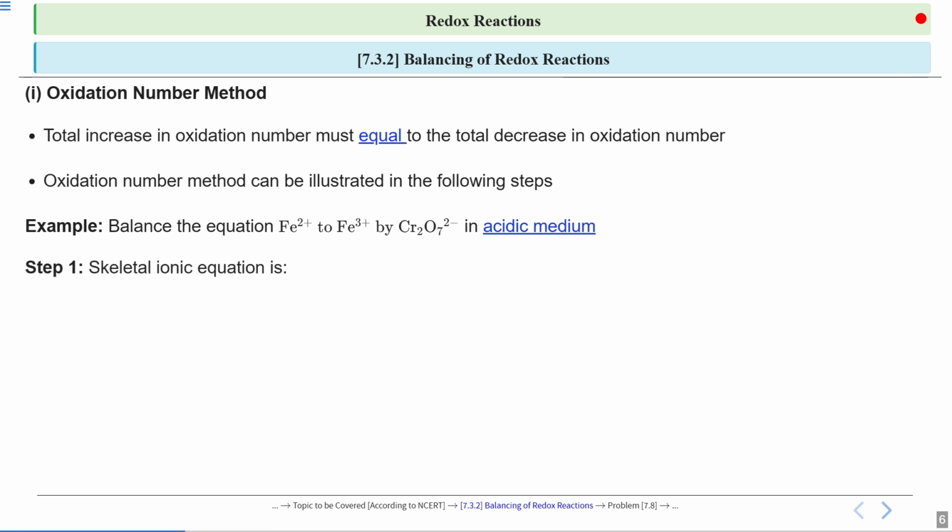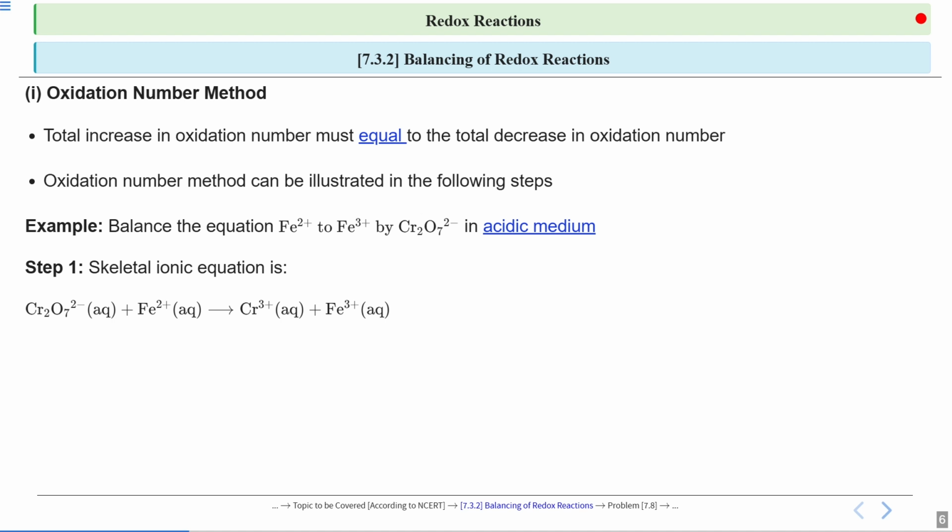Step 1 is the skeletal ionic equation. If we write the skeletal ionic equation for the reaction provided, Fe2+ reacts with Cr2O7 2- in the presence of an acidic medium, which leads to the formation of Fe3+. So its skeletal ionic equation would be written as